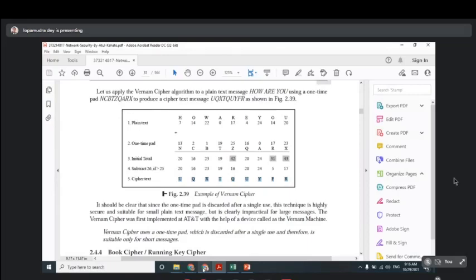So the Vernam cipher works on a mechanism where you convert plaintext to ciphertext and ciphertext to plaintext using just one key. And that key won't be used anymore. This is the difference between the normal technique and the Vernam cipher. The Vernam cipher is the concept of OTP, or one-time password. Here the one-time key is used, and after that it is not in use. Next time when you send a message, you will generate another key.